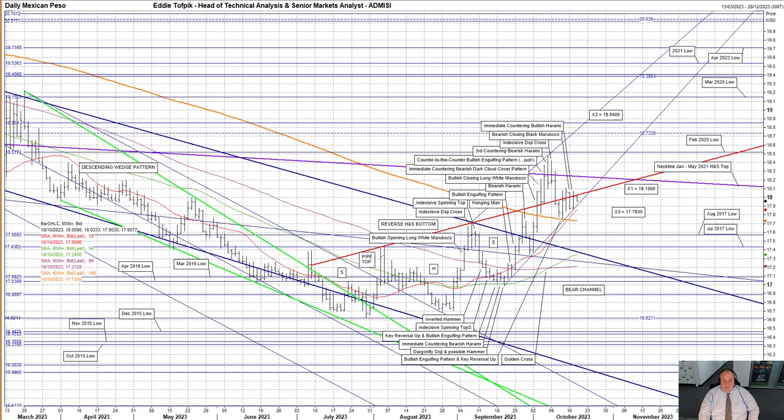So far in October, the market's managed to achieve some notable targets, especially on the top side. The primary target X1 at 1810 for the March to July descending wedge pattern, the one highlighted in bright green on my daily chart, was achieved 2 weeks ago, as was the primary target X3 at 1778.35 for the break higher out of the longer term September 2022 to October 2023 bear channel,